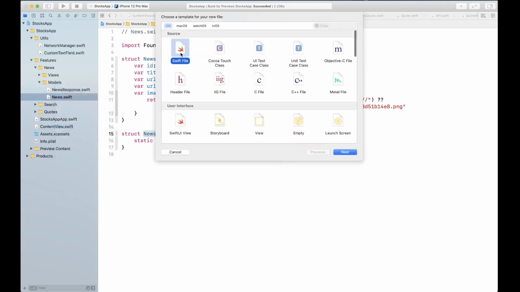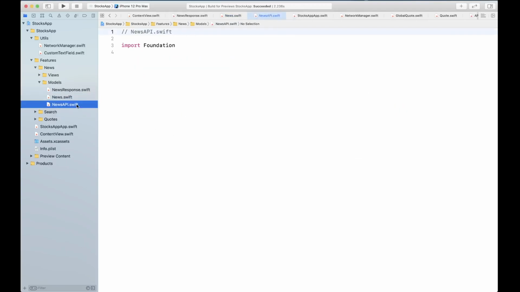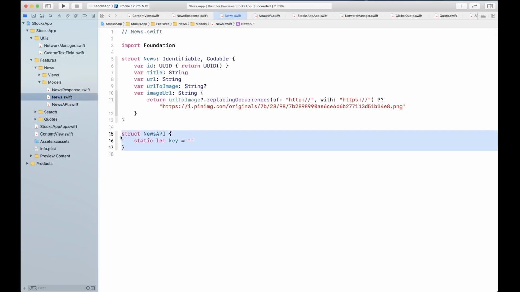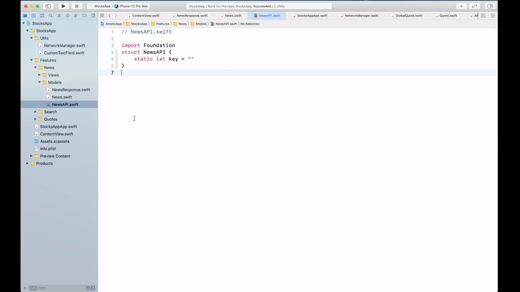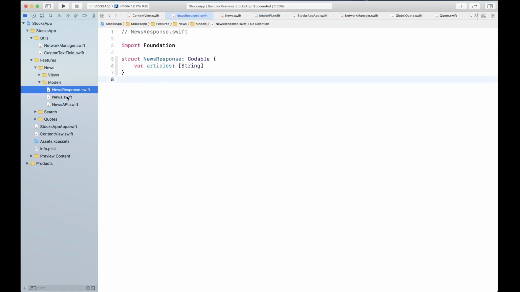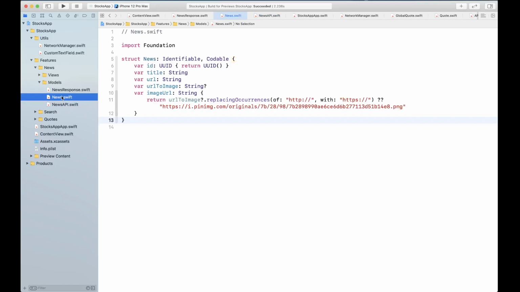That way we can keep this separate. So NewsAPI.swift, and we'll take this and move it into its own file. There we go. Okay, now don't forget to replace this with the actual key. So just put the actual API key that you have received here.